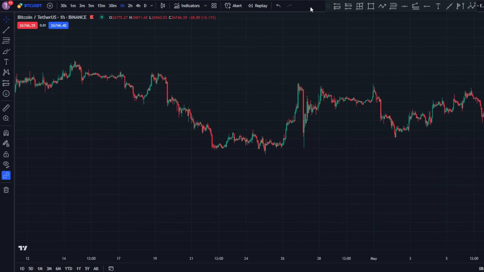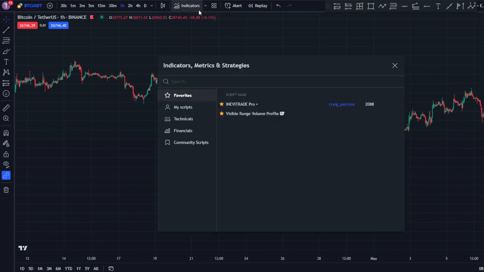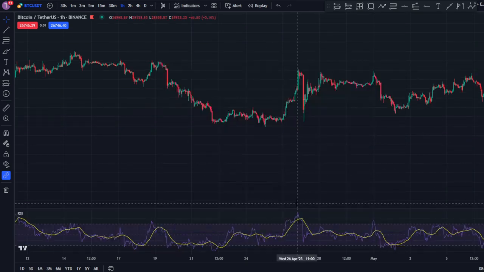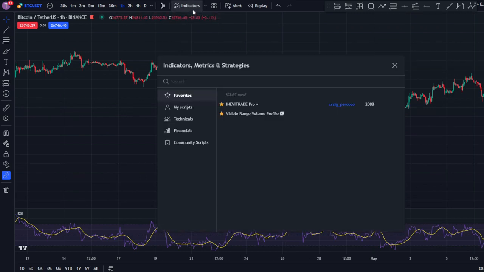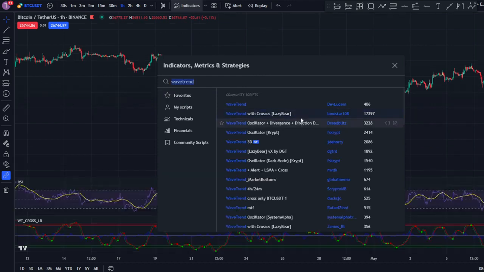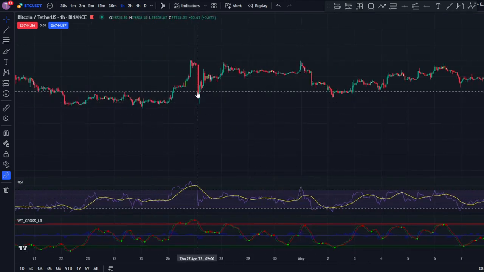So let's bring out the indicators that we'll be using today. First up is the very common indicator called the RSI, which is the relative strength index. It helps to tell when things are overbought or oversold. Next up we'll be using the Wave Trend with Crosses by Lazy Bear, and honestly with these two indicators,